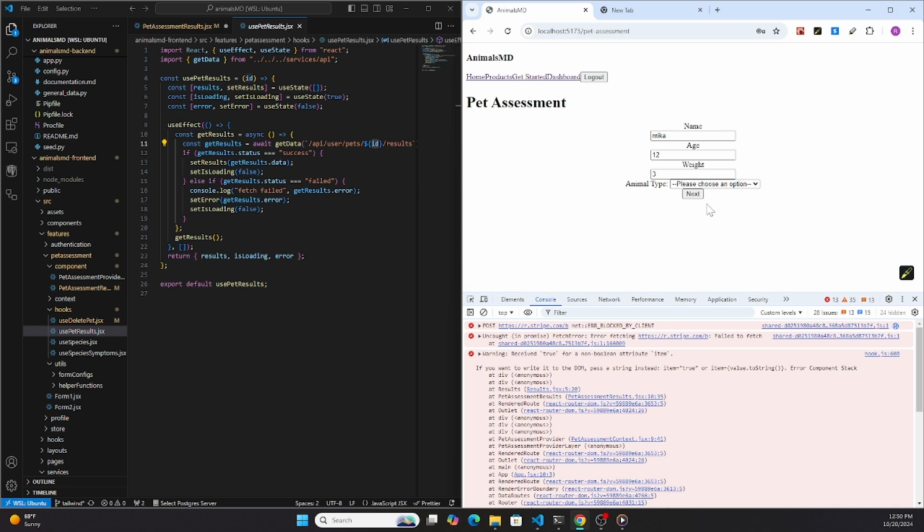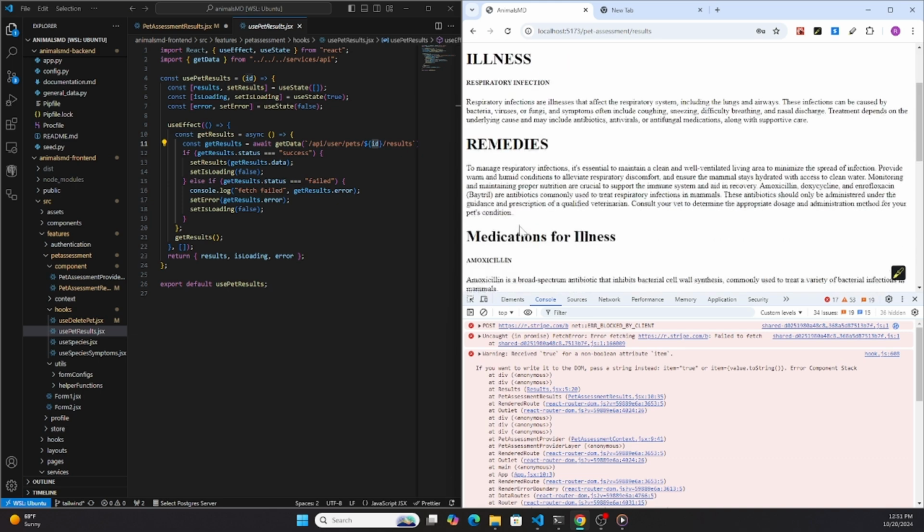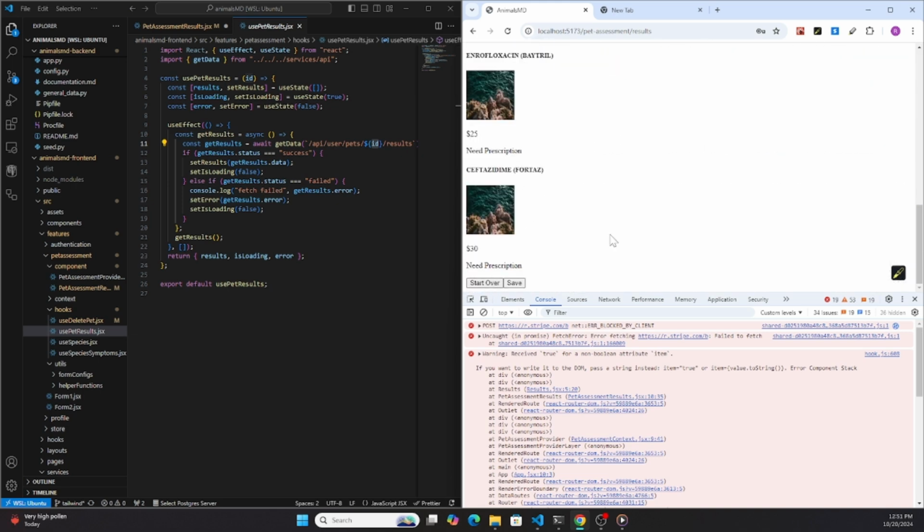So when they click start all over, then it deletes that pet, because it's like, okay, you want to start all over, obviously you don't want to save those results. So let's delete that pet from the database. That way you won't have a saved pet that you didn't want to save. So when it comes to starting all over and hitting that delete, and you want that delete to be successful,